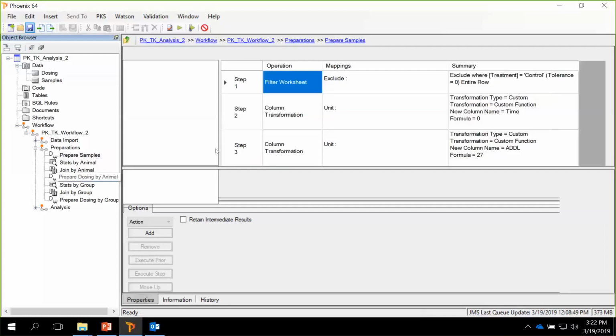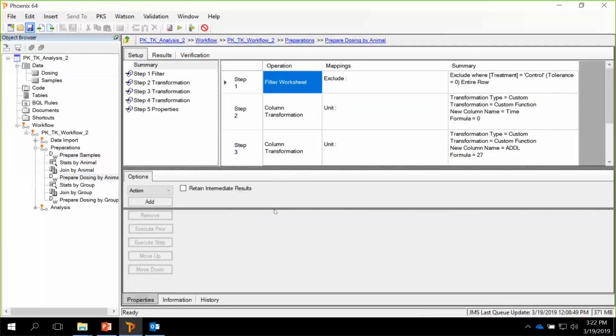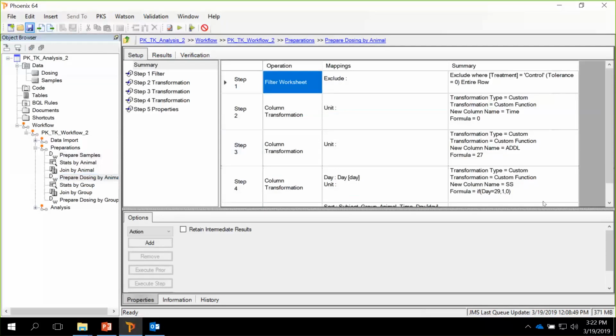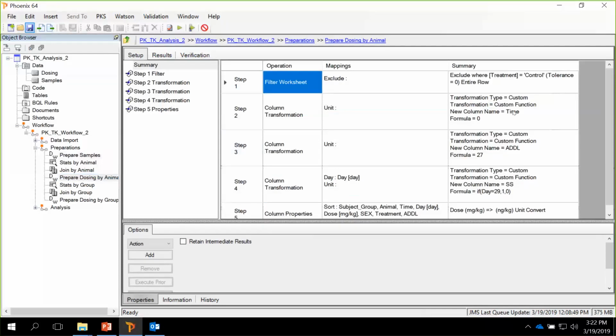Then we prepare the dosing by animal, and here, same steps, we just filter out the controls, and we insert the time record of 0 for the first dose. And now you have to make up your choice. You can either model on a continuous time basis, where you have to specify how many doses you have on this. So for example, the number of additional doses after the first one is 27, so you come up with 28 doses. Or you tell the program, at day 29, I'm already in a steady state,